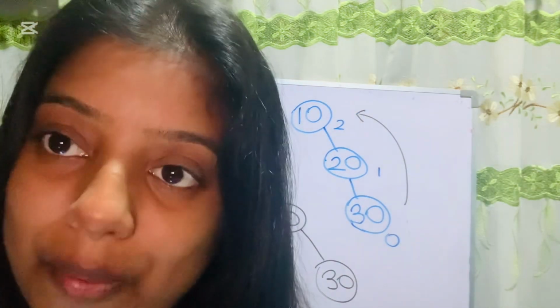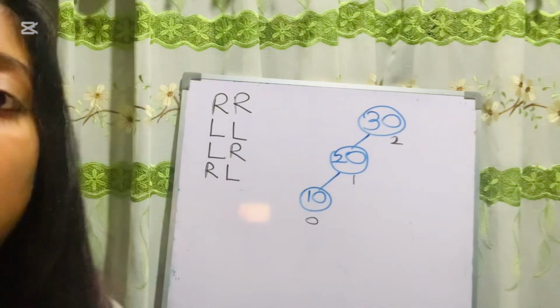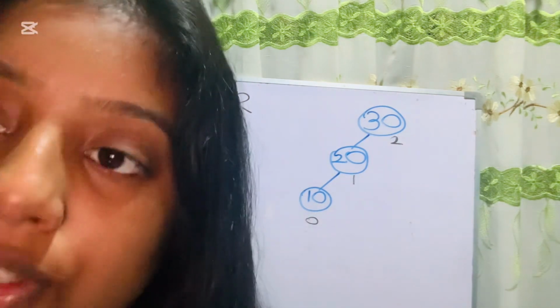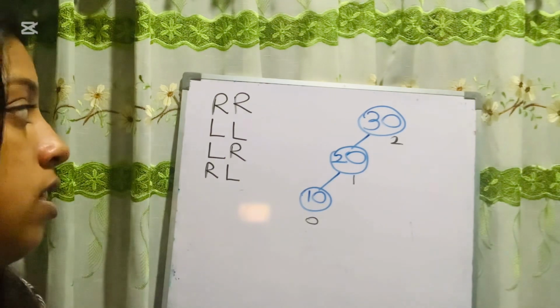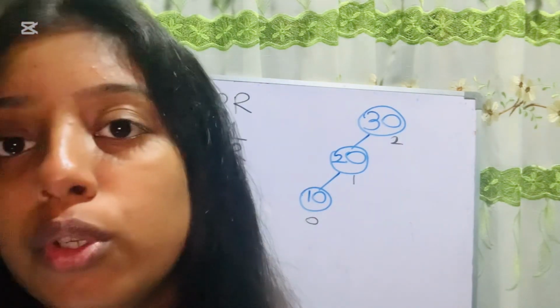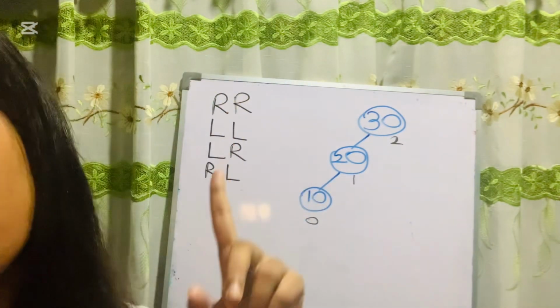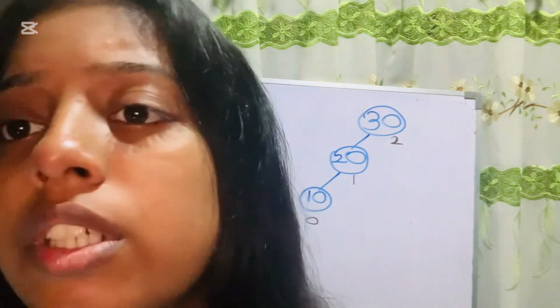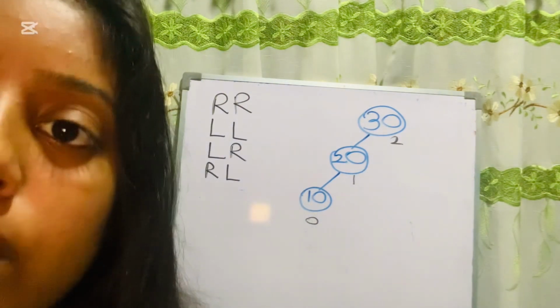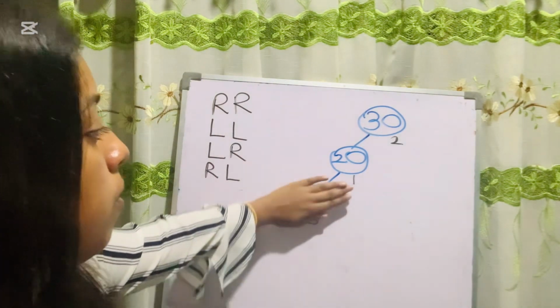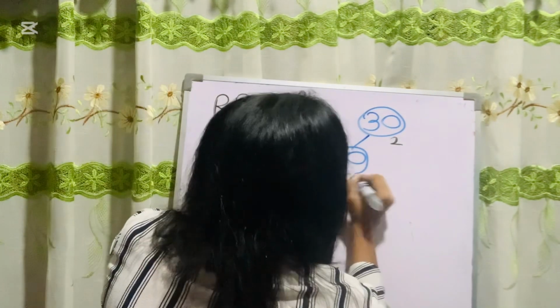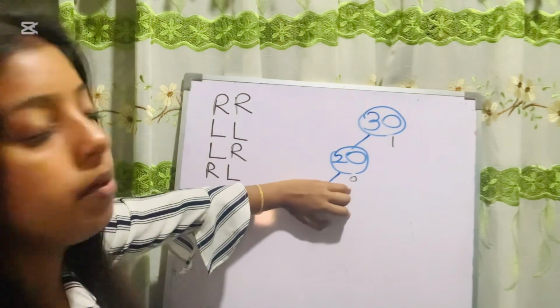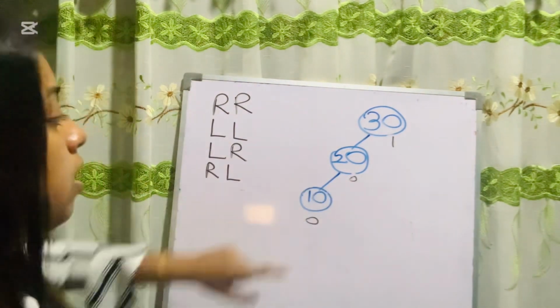Now we move to another example. This is our next example. Now you know how to get the balance factor. I already wrote these balance factors. This is an unbalanced graph. Now we want to convert this graph into an AVL tree. So we can use these 4 conditions. What condition do we use? Without the 10 node, this balance factor is 0, this balance factor is 1. Then this is already an AVL tree, but after adding this